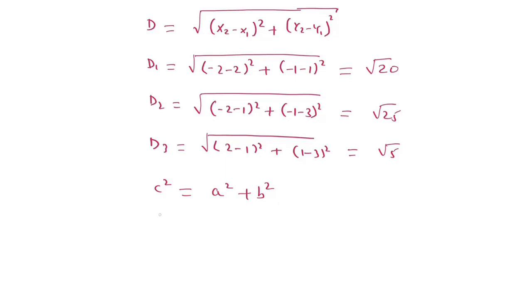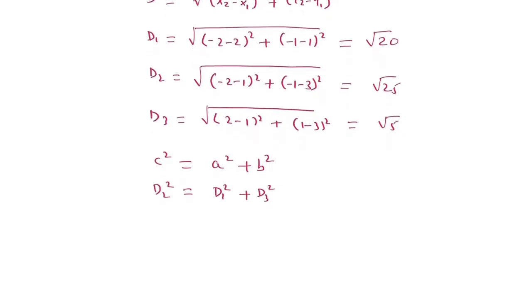So we are saying d2 squared equals d1 squared plus d3 squared. Okay, so substituting the values we are going to have square root of 25 squared equals square root of 20 squared plus square root of 5 squared,